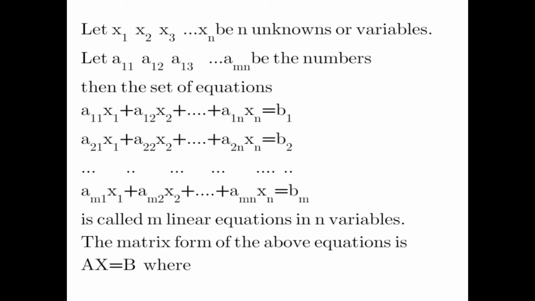The second equation is a21 into x1 plus a22 x2 plus and so on, a2n into xn is equal to b2, and there may be such m equations. Such a set of equations is called m linear equations in n variables or n unknowns. If we write it in the matrix form, we can write it as AX is equal to B,